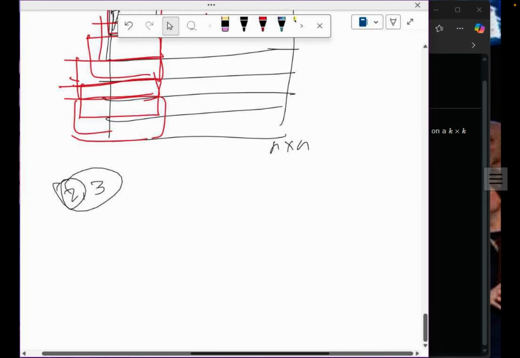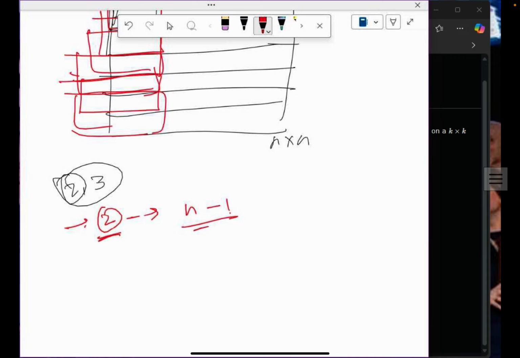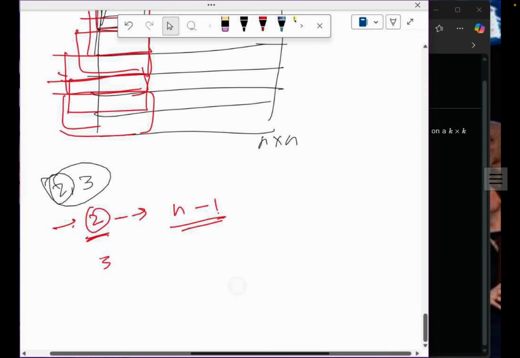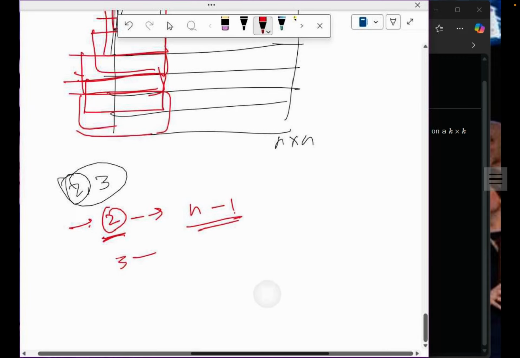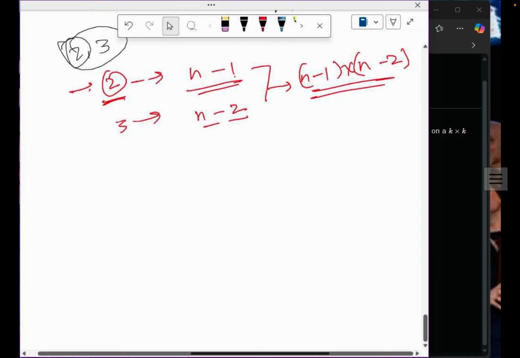So basically for two columns we can select in n minus 1 ways. For 2 rows we can select in n minus 1 ways, and 3 columns combined we can select in n minus 2 ways. So total we can multiply with n minus 1 into n minus 2, and the same comes for the